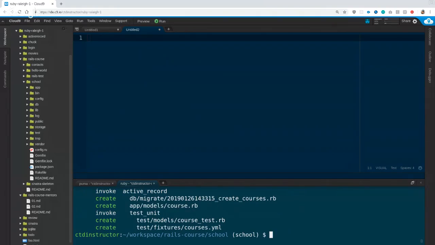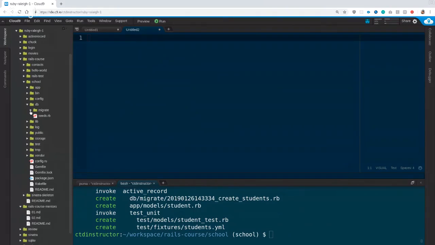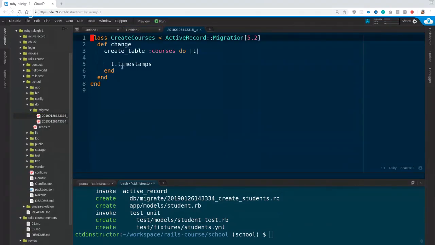So at the same time, I'm going to create the students model. So rails g model student. Again, that created my migration and it created my student model. Right, so I did both migrations at the same time, and because I haven't migrated yet, I have two migrations, and neither of them have been migrated. So now I'm going to go into my database and migrate, and you can see that I have the two migrations there. So I'm going to open up the first one,